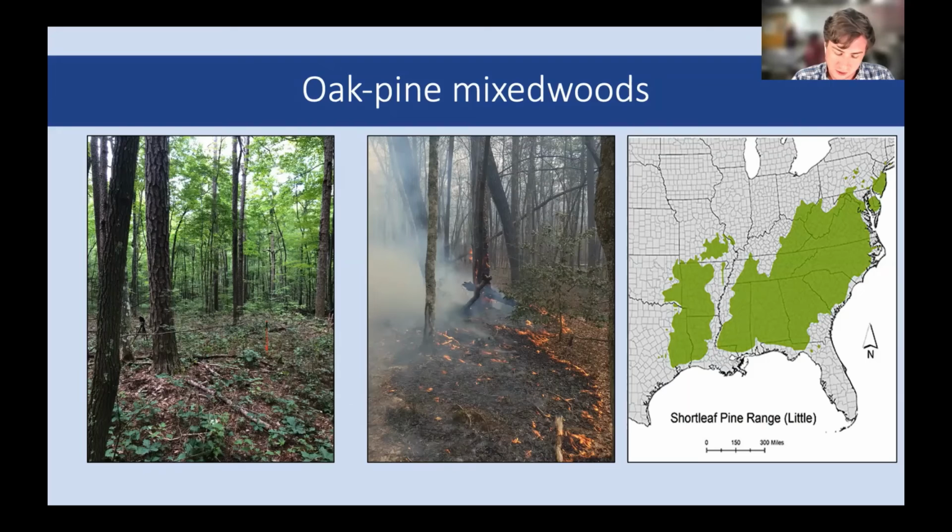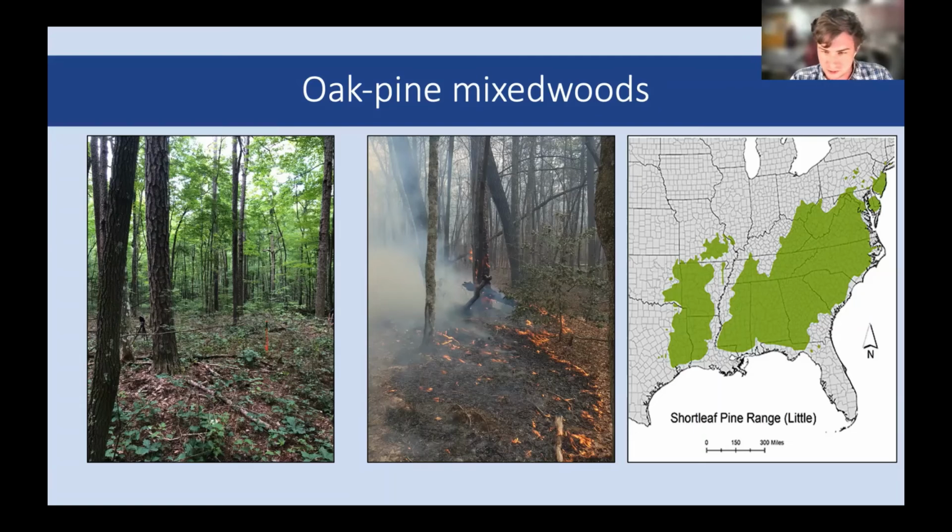specifically in the southeastern U.S. oak pine mixed species stands. Here, wind disturbance is one of the most common canopy disturbance agents. And these oak pine mixed species forests have experienced a rapid decline in their extent, which can largely be attributed